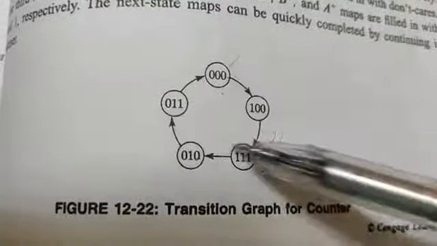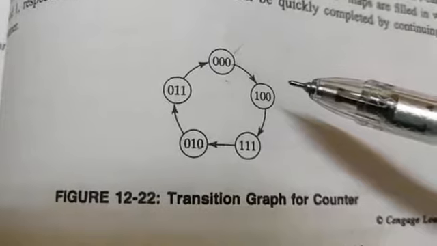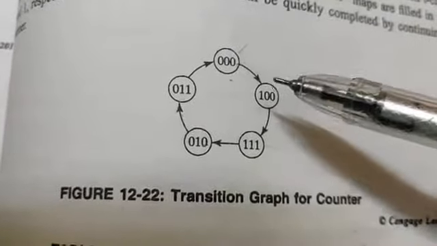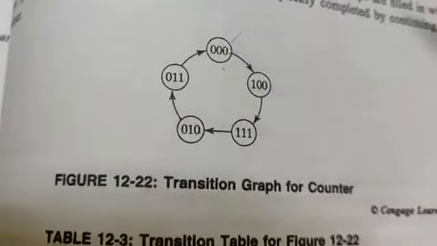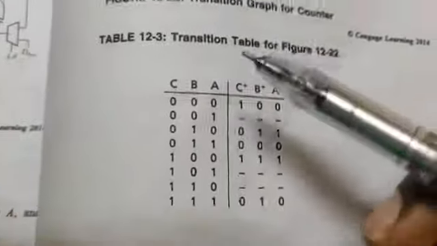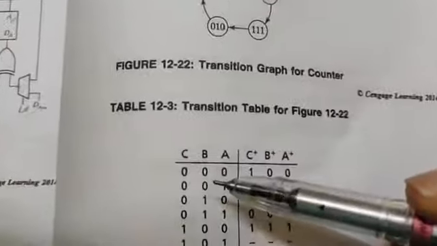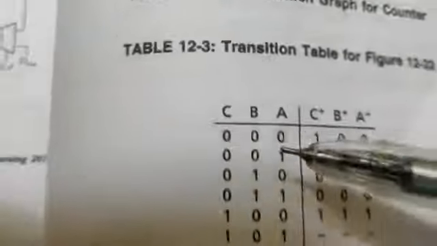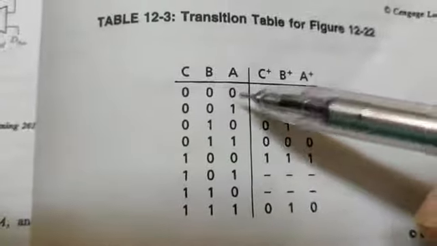Now they have given a sequence. This is the sequence. We need to construct a circuit by using T flip-flops. That particular circuit diagram needs to produce the output in this manner. How to construct it now? First, it starts from 0, 0, 0, right? So right now the present state is 0, 0, 0.